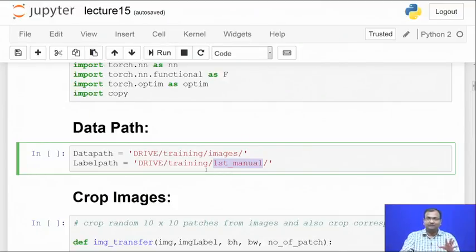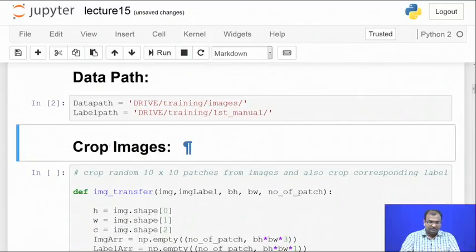Whereas, you are quite free. In fact, what you can do is take both the annotations, so you are actually doubling up your training data set, because your class labels are coming from 2 different sources, and that would help you build a much more robust system. Later on, when we go towards advanced topics like multiple instance learning, aggregate learning, online learning, and some sort of domain adaptation problem, you will learn more about how to make use of multiple expert annotations in order to make a system more and more robust. So we run this part, and I have two strings, my data path and